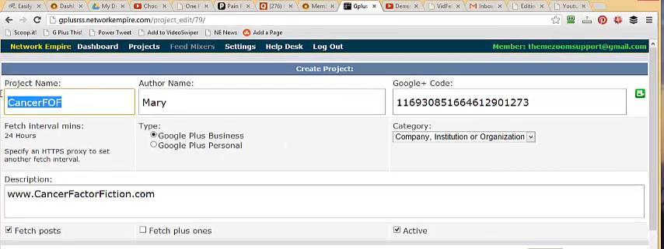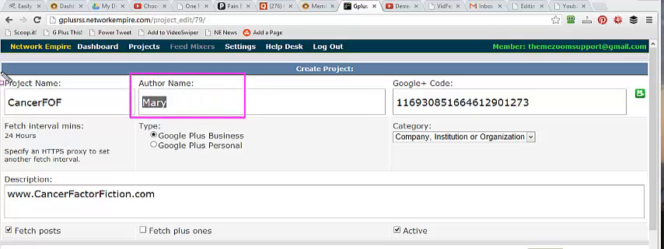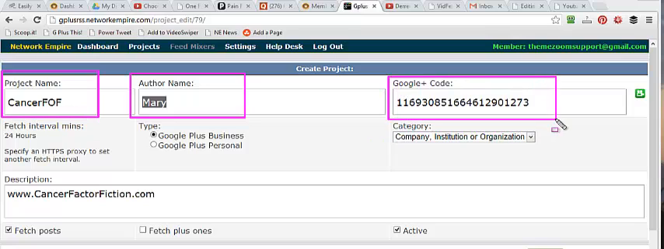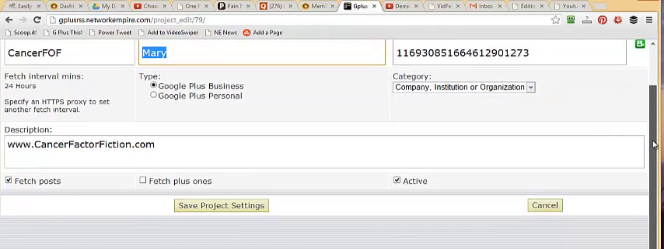All you got to do is you can put in any project name you want. You can add the author name. So if you have an outsourcer, you can name it your outsourcer or the project name. Then you just simply grab that Google Plus RSS code, which is up in your browser. That'll be go to your Google Plus page and go ahead and look for it up here. And all you have to do is put that Google Plus code right in here. And all you have to do is tell the software if you want to fetch posts or fetch posts and plus ones. Click active, save project,